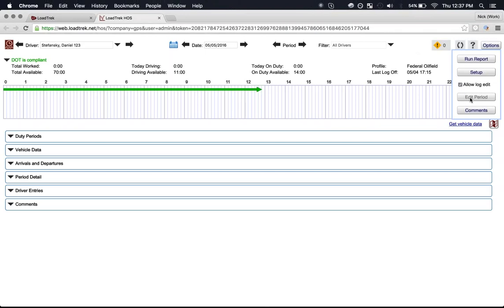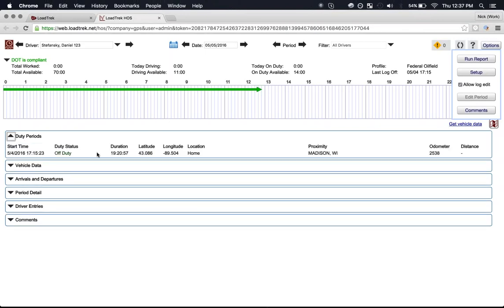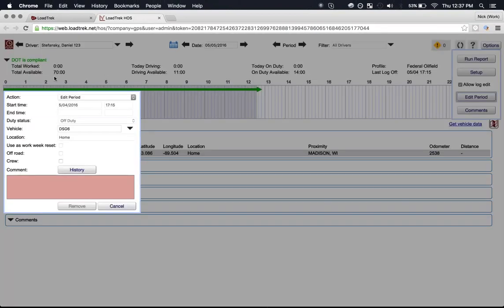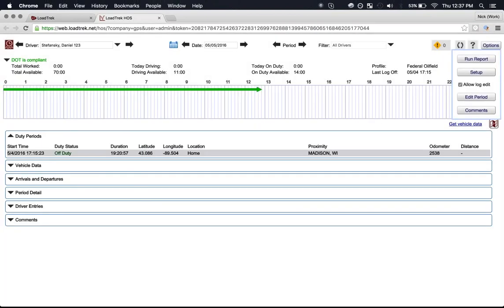So the next thing you'll see is that this edit period button is still grayed out, but you will see when I click on one of these periods, so I just went to the duty periods list right here, and there's only one. So as soon as I click it, that button highlights and you have the access to click on it. Once you've clicked on it, then you can see that there's a lot of options that you can do. We're going to edit the period, and we will throw in the correct information here, but I'm just going to hold off for 1 minute